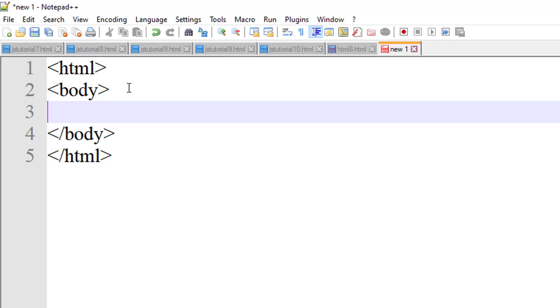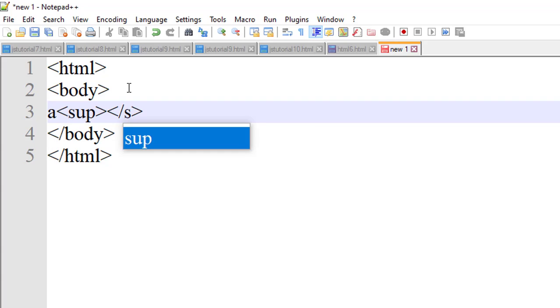Now I want to create the superscript, means a square plus b square equals c square. For that, to create the superscript we will take the sup tag, sup is the tag for superscript, and backslash sup.